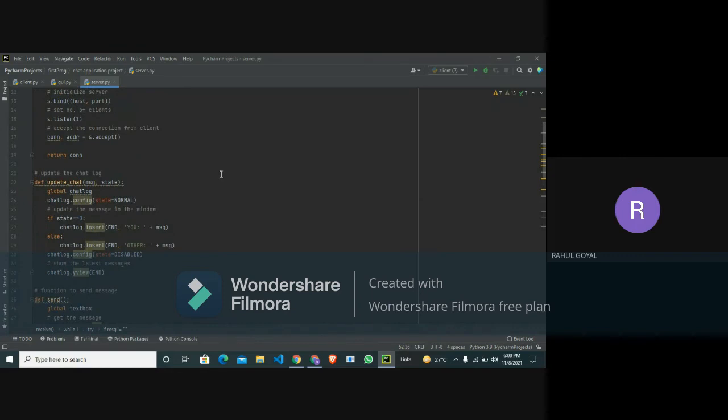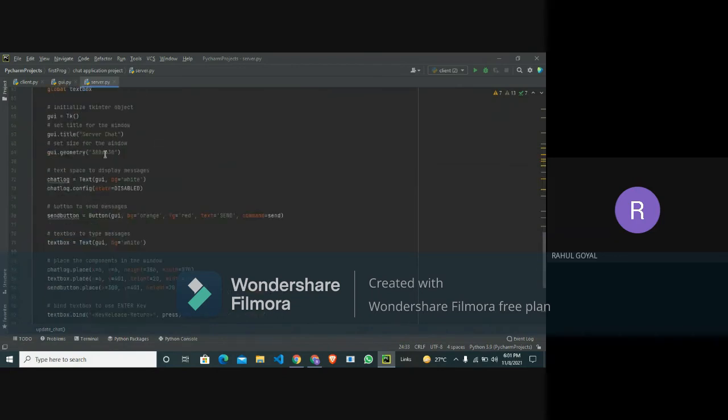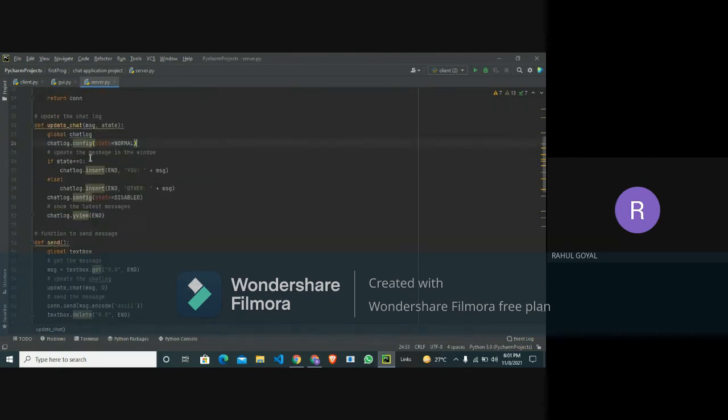The third important function is update chat, which takes two arguments: message and state. We declare our global variable chat log, as you can see in the GUI function, and the chat log is disabled. Then the state is set to normal to update, and we update our chat message in the window.